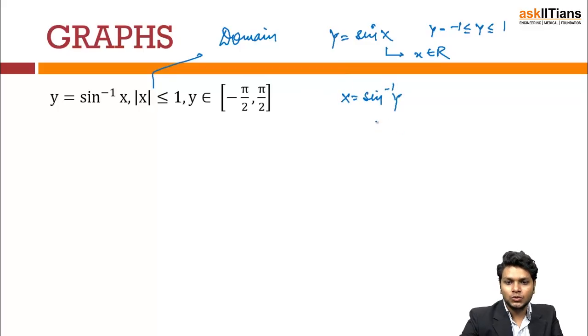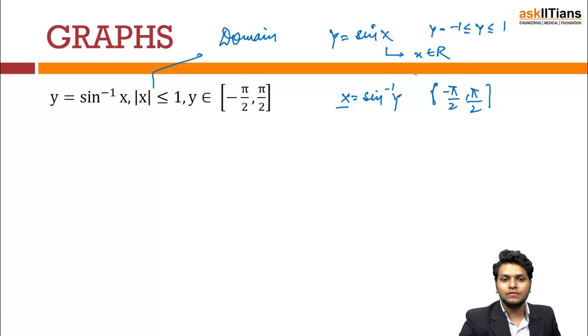So this is the exact situation, but in order to make it a function, as I've discussed earlier, I have restricted my value of x to be from the closed interval of minus pi by 2 to pi by 2, because in that interval it will strictly follow the definition of function and inverse is possible.